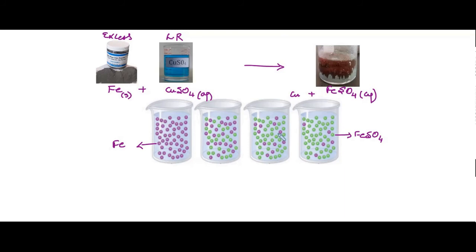So the collision between iron and copper sulfate would be happening tremendously fast. I'll repeat. Since there are a lot of reactant particles, the collision between iron and copper sulfate particles will be happening very fast at the start of the reaction. So the rate at which the iron sulfate is formed also will be very high. But as time passes by, the amount of reactant molecules will decrease.